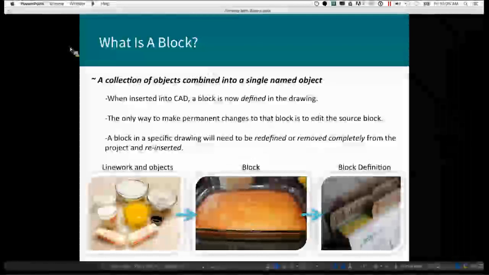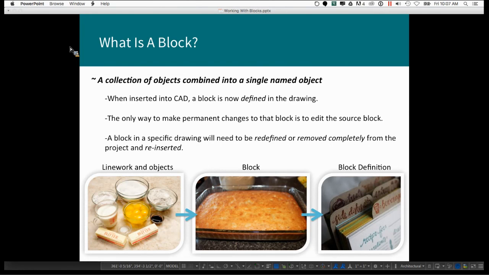Think of this as you having a recipe of something. Our example here is a cake. So think of all of the ingredients as that line work and those objects. Once those are all combined together, you bake it and you get a block, you get a cake. And you can insert that cake into, we'll call it our project here, and use that throughout the drawing into your design. That block definition actually gets saved into that project, and we'll call that project the recipe or the cookbook. So that block definition is basically that recipe so that you can pull and reuse if you need to